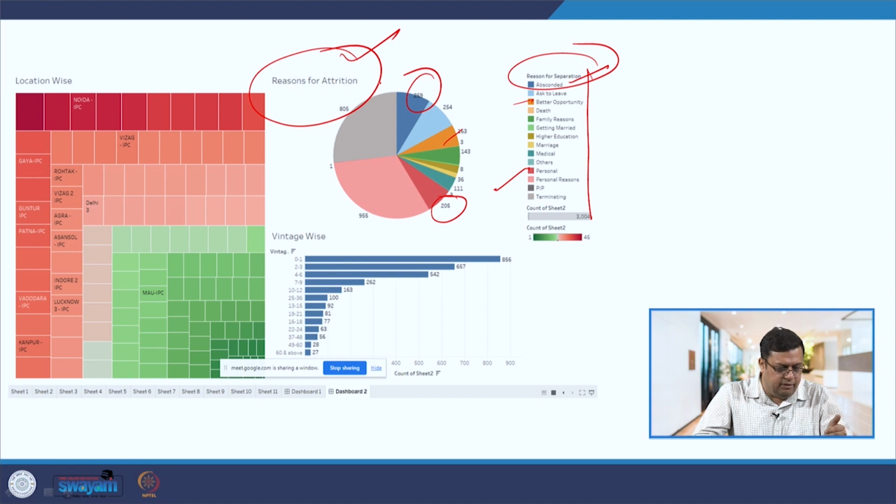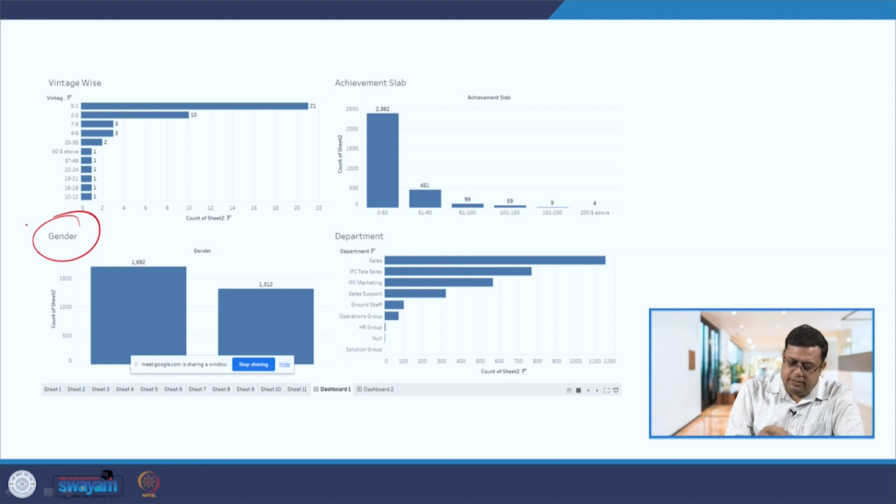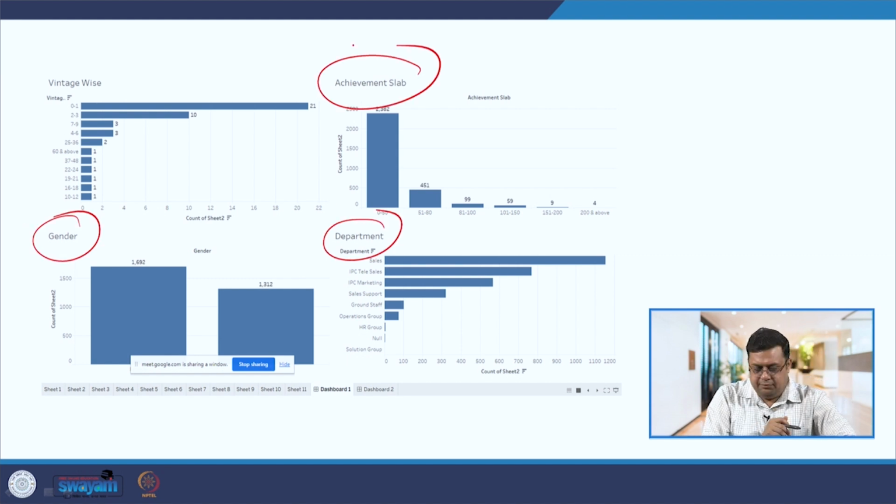And here you can see even location wise also, right? So here you can see location wise also. So this dashboard is prepared through Tableau. Now you can see here gender wise, right, department wise, achievements lab, right? So that is how you can make various types of line and bar graphs here. That is what you can see in order to analyze, if somebody asks you, so what is the use of this representation. If somebody asks in which gender higher level of attrition is there, so here you can,